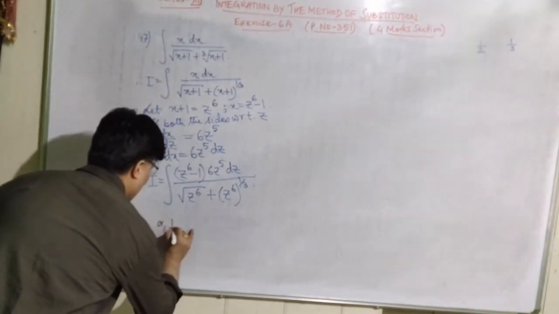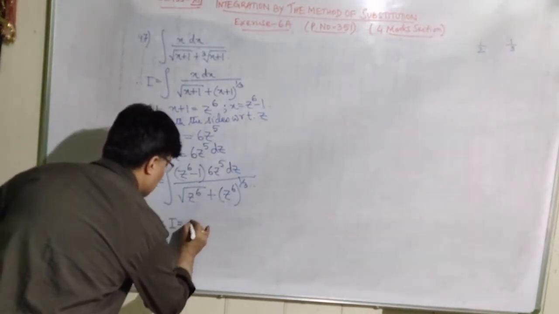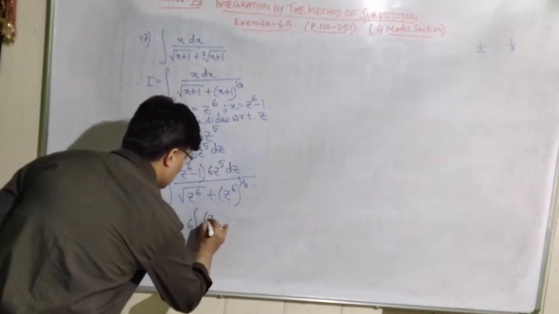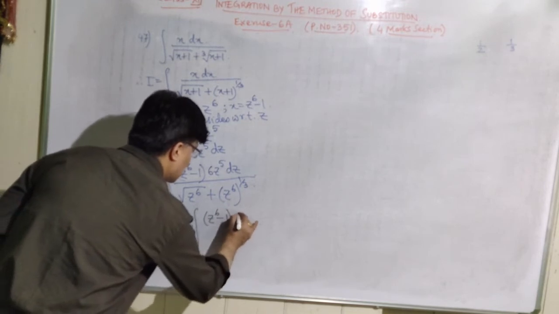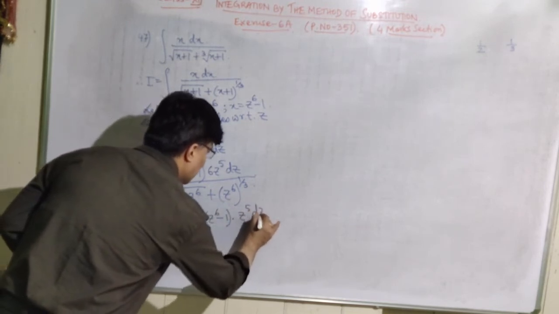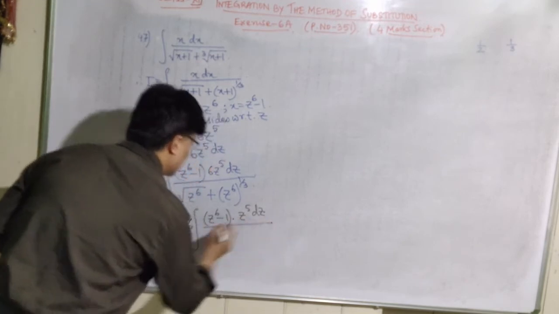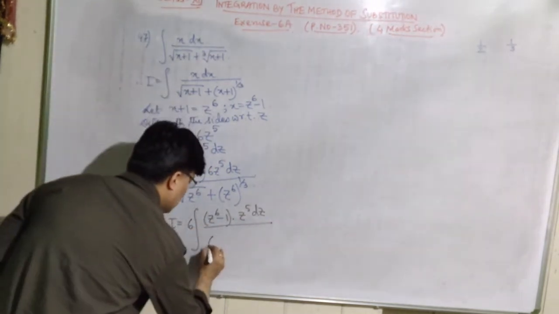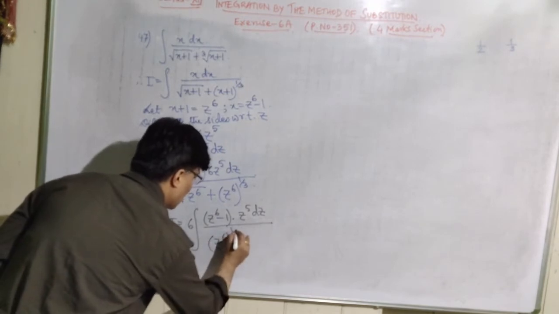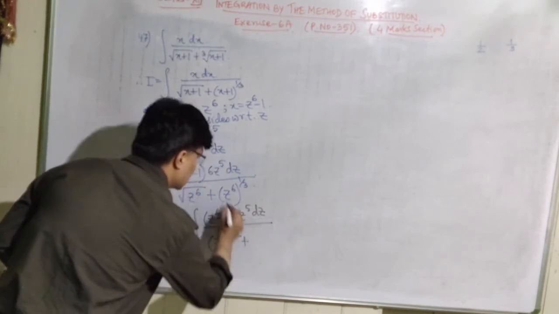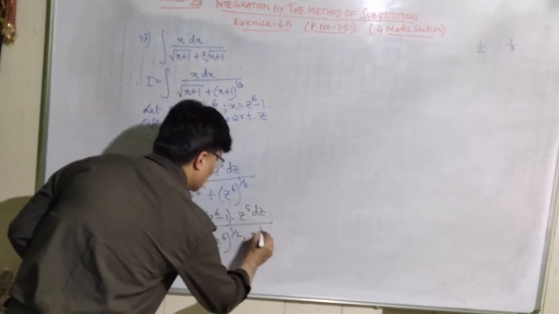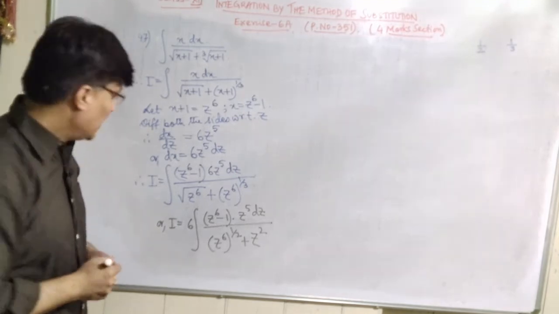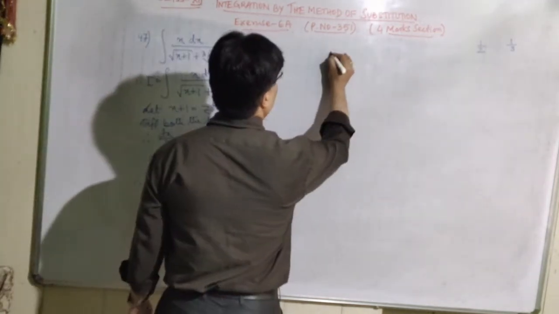Or I is equal to, now 6 is constant, let us take it outside the integration. So it is z to the power 6 minus 1 into z to the power 5 dz divided by, in the denominator what do we write? What is square root of z to the power 6? Actually it is z to the power 6 whole to the power half, plus now this is z square, isn't it? You can cancel 6 by 3, that is your 2, right? So I is equal to,